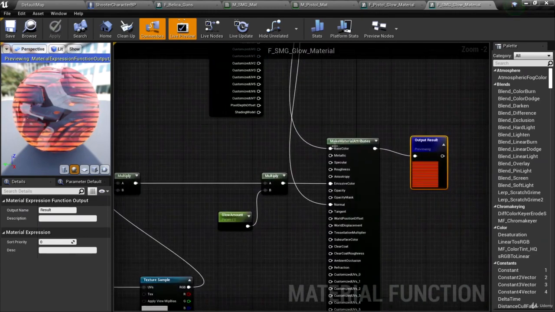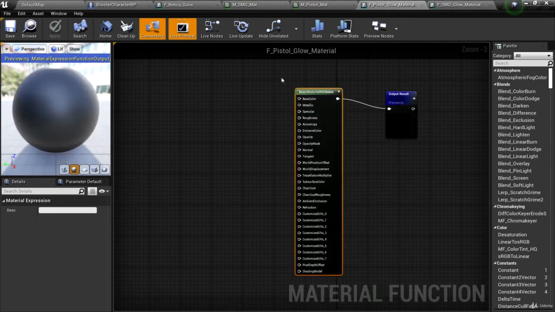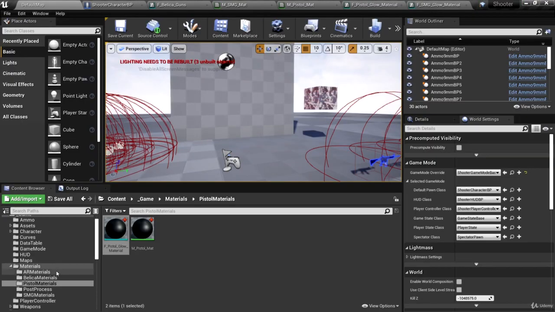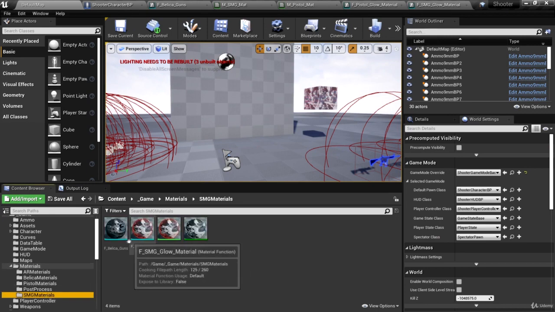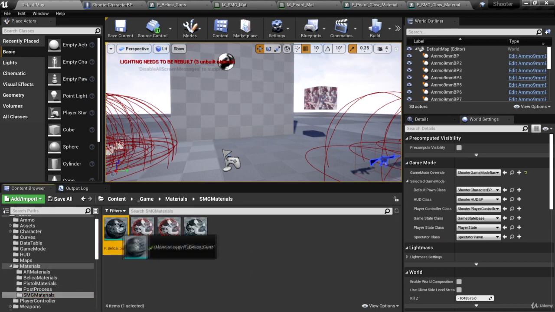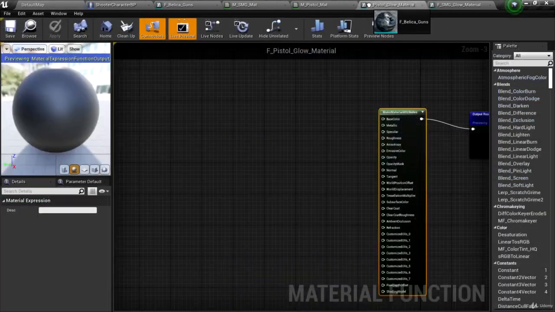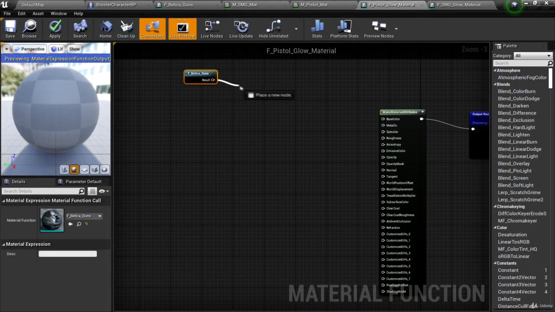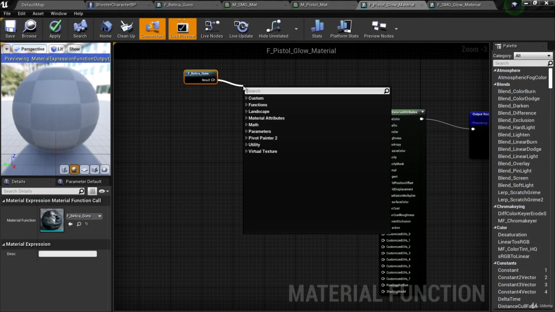And we're plugging those into base color and normal. So let's do that here in FPistol Glow material. We're going to need to go into SMG materials and drag FBellica Guns into our FPistol Glow material. We're going to get that, and from this we'll break material attributes,